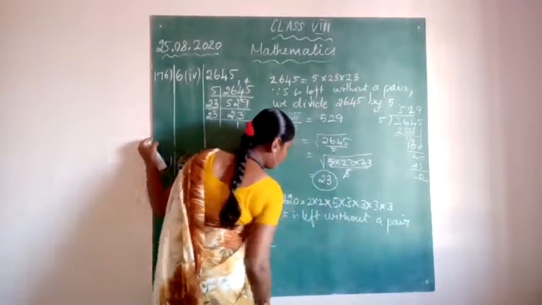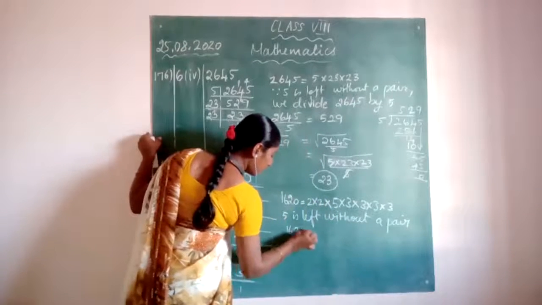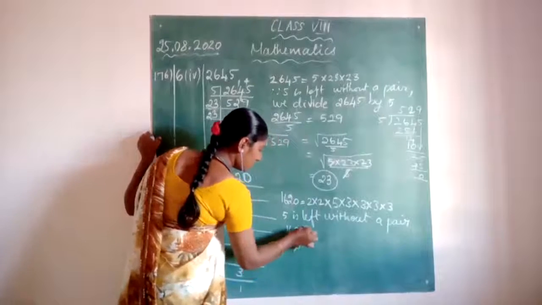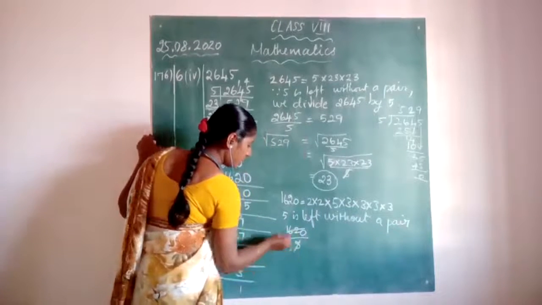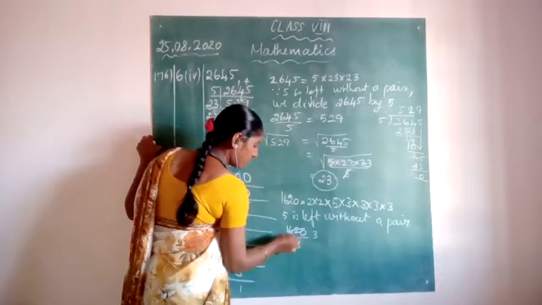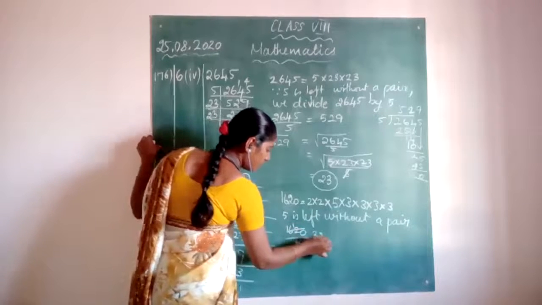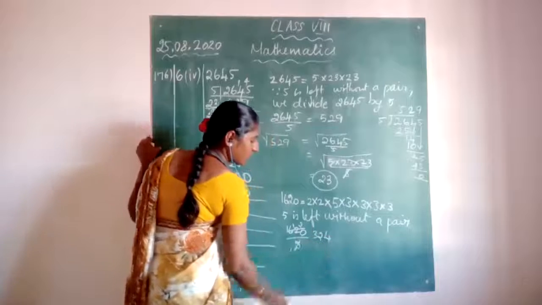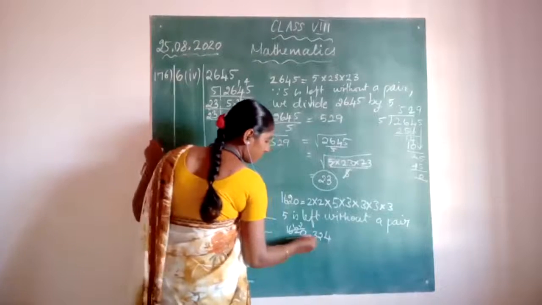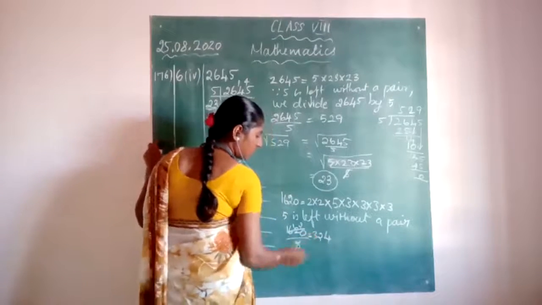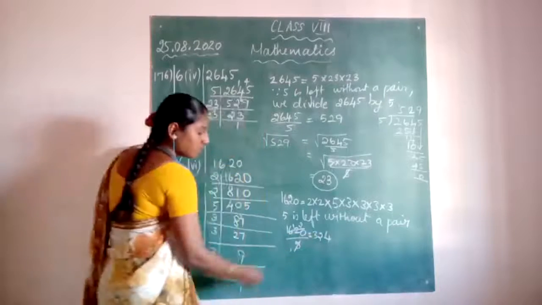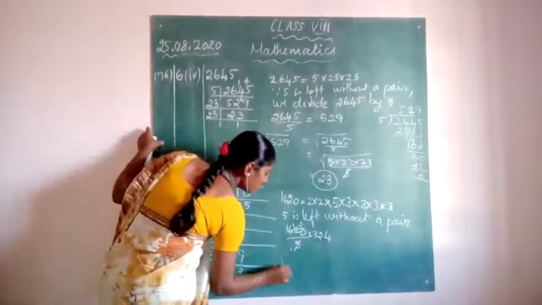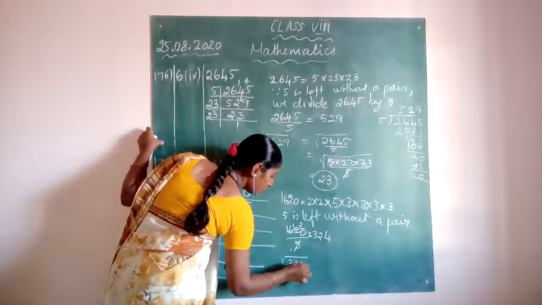So we divide by 5, 1620 divided by 5. So cancel it. 5 ones are 5, 5 3s are 15, 1 remaining, 5 2s are 10, 2 remaining, and 5 4s are 20. So 324. Okay, equal to 324. So this is a square number. Okay, and what is the square root of 324?